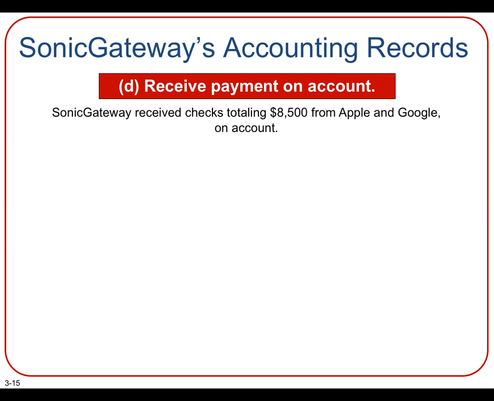And then transaction D. Transaction D says you receive payment on account. So Sonic Gateway received cash totaling $8,500 from Apple and Google. Remember transaction C, you sold $9,000 on credit, meaning you have credit on account from Apple and Google. Now, 30 days later, Apple and Google give you the cash because you have the right to collect $9,000 from them. Now they say we pay you $8,500. So you receive the cash, receive the check, which means